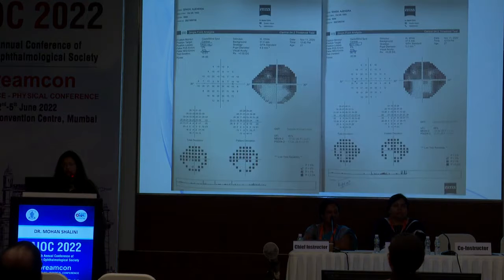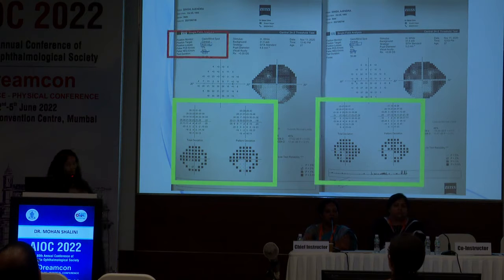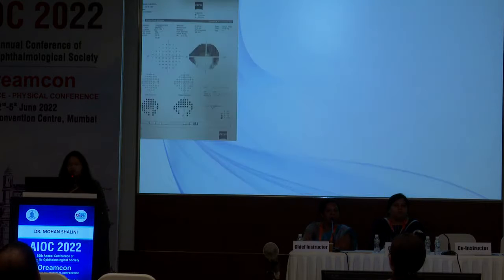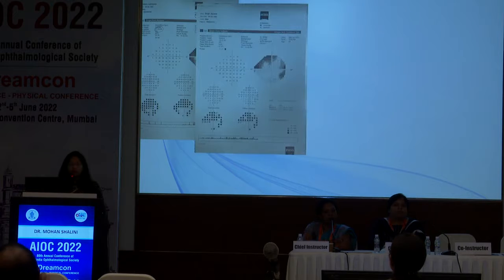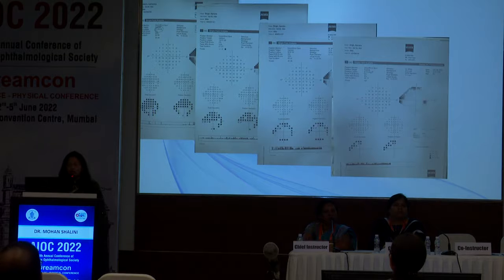Now coming to another thing, here we can see a visual field of a patient in which we wanted to establish a baseline. You can see that there are a large amount of fluctuation problems in the upper part, almost 9/20, it is double flagged. So we tried to do another visual field for the patient. It was not just 1 or 2, we had to do a series of visual fields. You can see 1, 2, 3, 4 and 5.